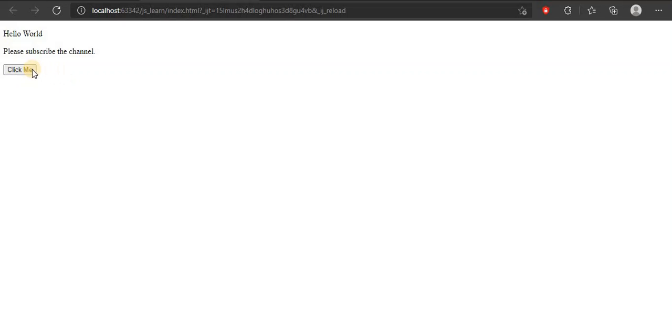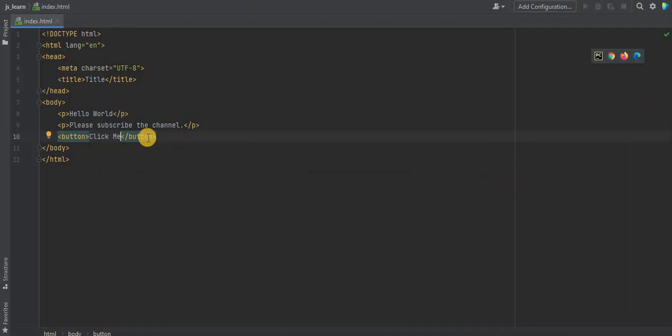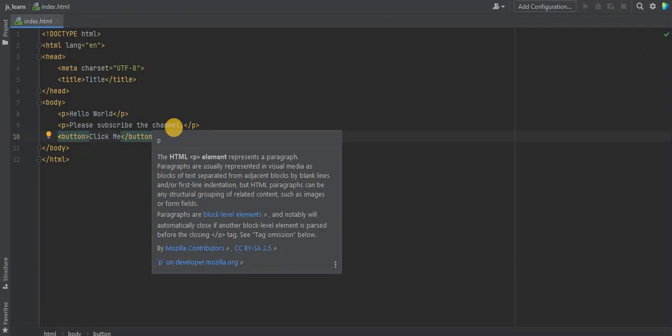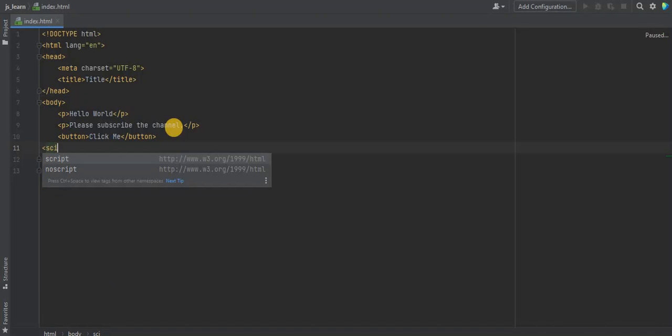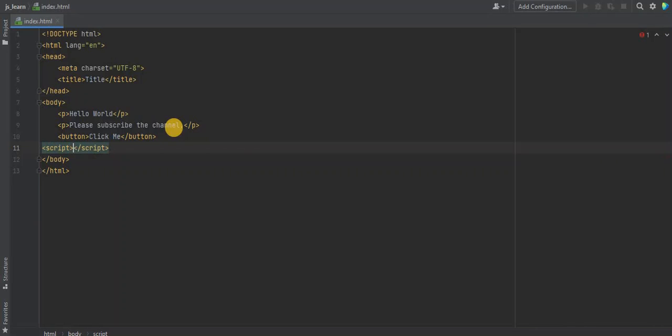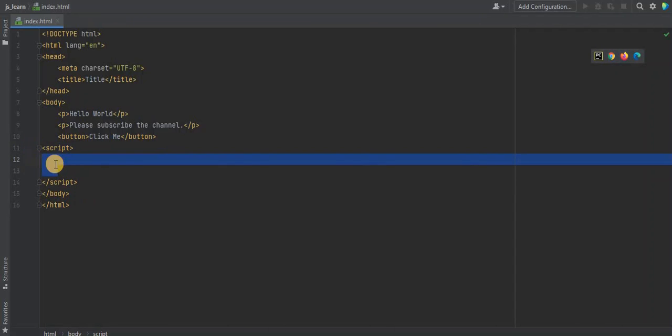Let's say when I will click this button, I want the text of this paragraph tag to change. So I can apply some JavaScript to it. To write JavaScript code, I declare script tag. And inside these tags, I can write JavaScript code.